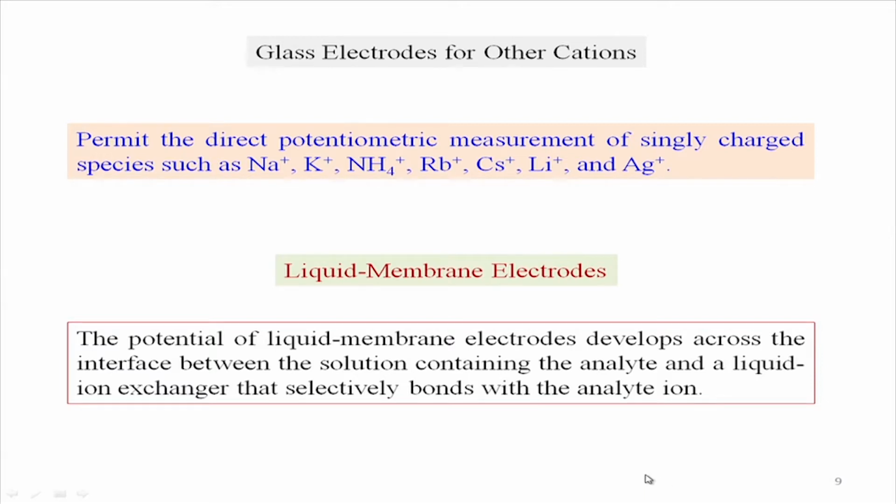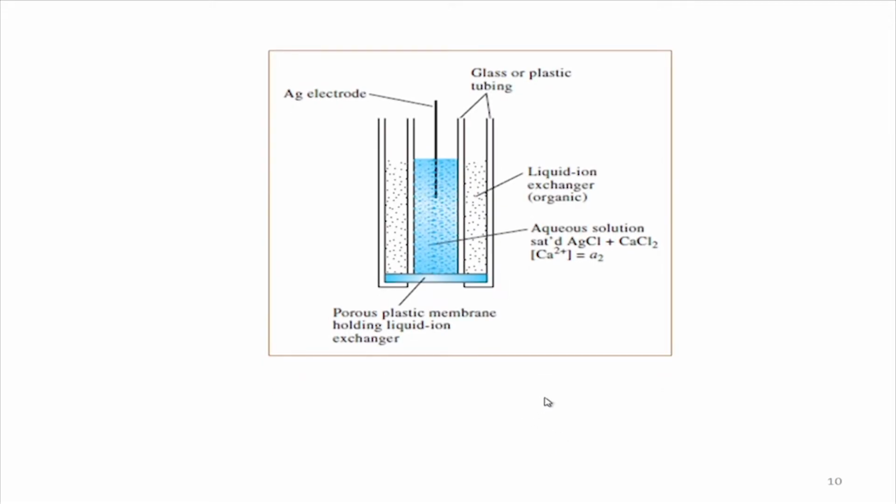because we know that you can have two immiscible liquids like your water as well as dichloromethane. So, you can have two layers, and these layers can function as a corresponding membrane for some of these ions. So, this is a liquid ion exchanger that selectively bonds with the analyte. So, you have the solution containing analyte and a liquid ion exchanger, which can exchange ions between the exchanger as well as the membrane. So, it bonds with the corresponding analyte ions, and these analyte ions are loosely held over there.